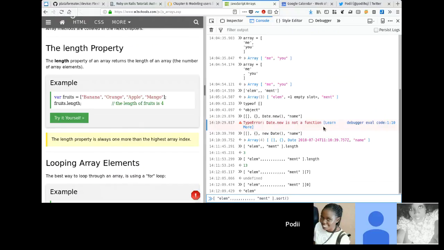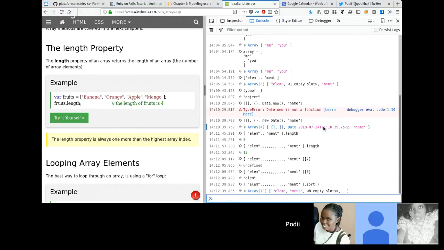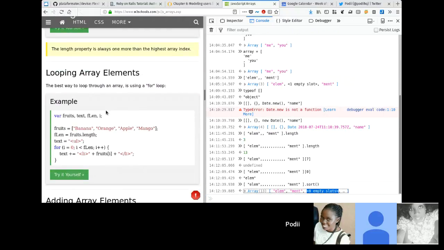But at least we'll talk more about sorting when we get there. And then 8 other empty slots. Okay, so how do you loop through? For you to loop through this,